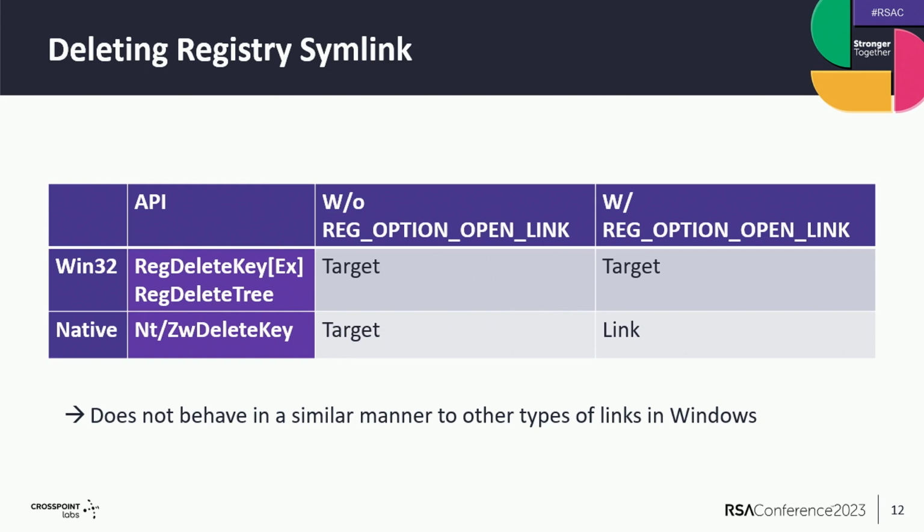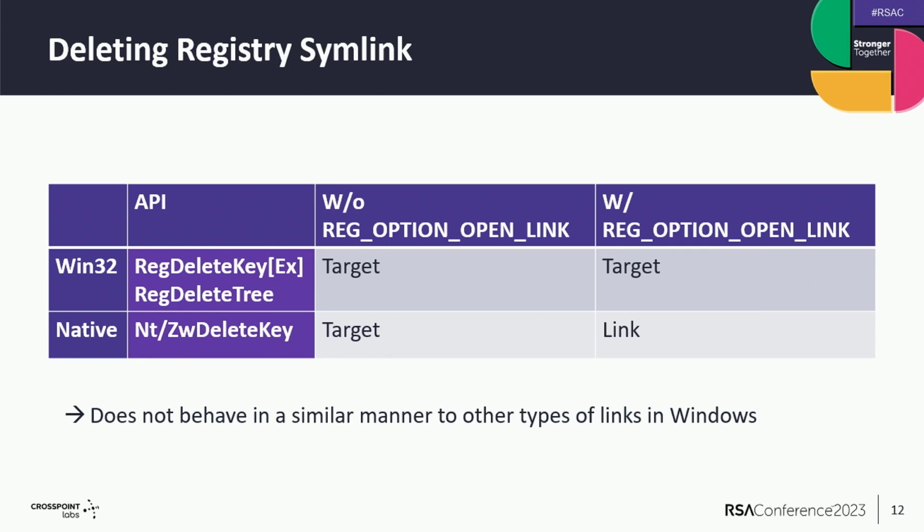Now, speaking of the delete registry symlink, which is what I want to focus on in this presentation, and as I have mentioned already, it behaves unexpectedly in a way that the target key is deleted rather than the link, and here are the details on that. So typically, when you are trying to interact with registry symbolic links, you first, using API functions, open the key, obtain a handle to that, and then you pass on that handle to other APIs that perform an action on the key.